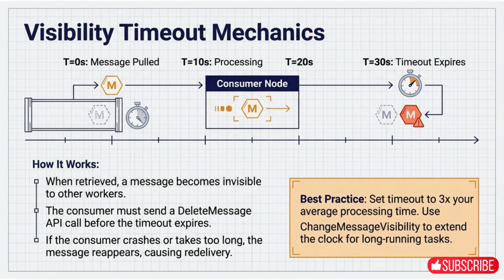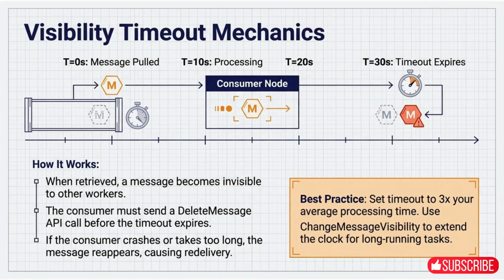Visibility timeout is the temporary lock placed on a received message. At time 0, a consumer receives the message, and SQS hides it from other consumers. The consumer must finish the work and delete the message before the timeout expires. If processing takes too long or the worker crashes, the message becomes visible again and can be delivered to another